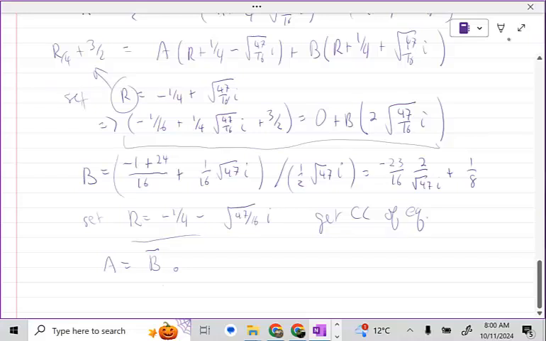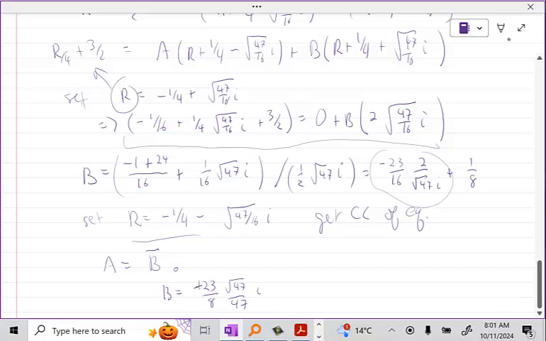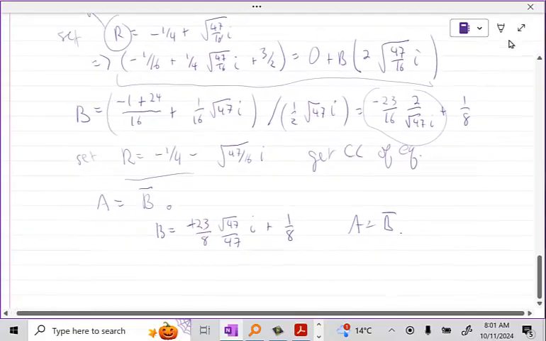All right. So in summary, I get b equal to, if I can simplify this expression here, minus 23 over 8. Actually, when I pull the i up to the top, the i will become a minus i, so this is going to be a plus. It's going to be plus 23 over 8. You pull the i up to the top, so that's going to be square root of 47 over 47, if I'm going to rationalize the square root, and then I'm going to have the i on the top, and then plus 1/8. Okay, so that's my b, and then a is equal to b conjugate. All right, so finally, to get the impulse response, we have to write out